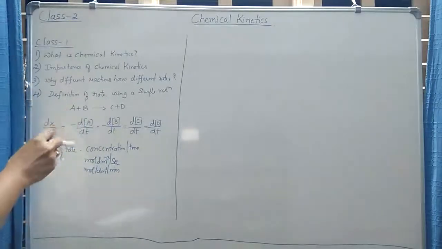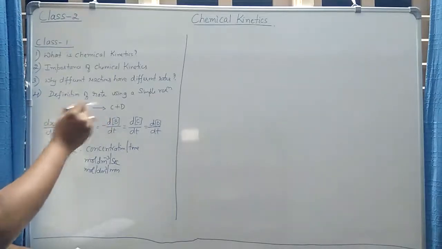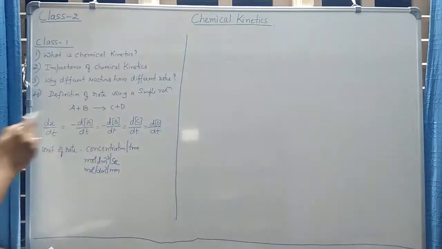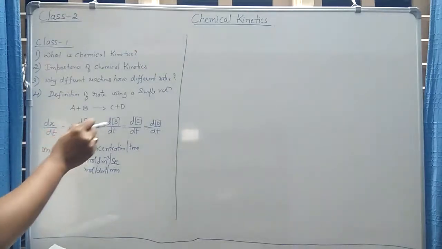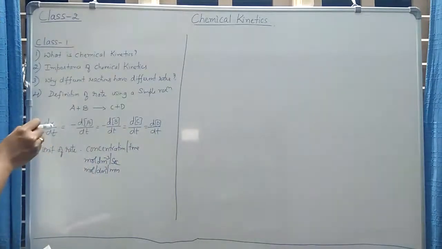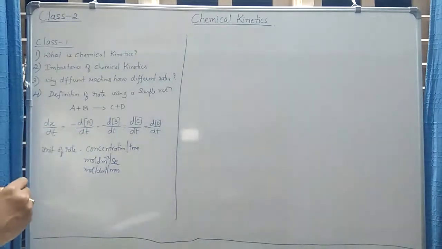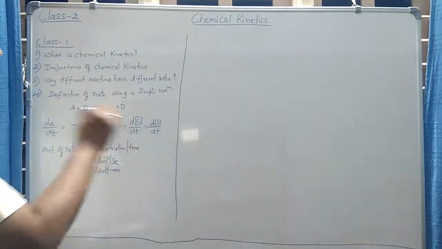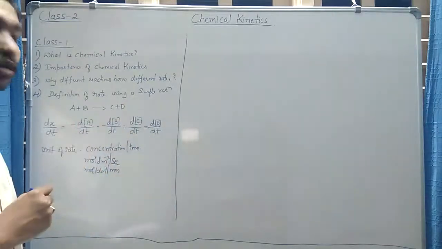And also in the last class, we took a very simple reaction. Okay, why do I mean a simple reaction? Because the stoichiometric coefficients of reactants and products in this particular reaction are 1. So for such a reaction, the rate of the reaction dx by dt is equal to minus dA by dt or minus dB by dt or plus dC by dt or plus dD by dt, where x represents any one of the reactants or products. Why do we have a negative sign here for reactants? Okay, it constantly reminds us that the concentration of the reactants decreases with respect to time, whereas the concentration of the products increases with respect to time, so they are associated with positive signs.